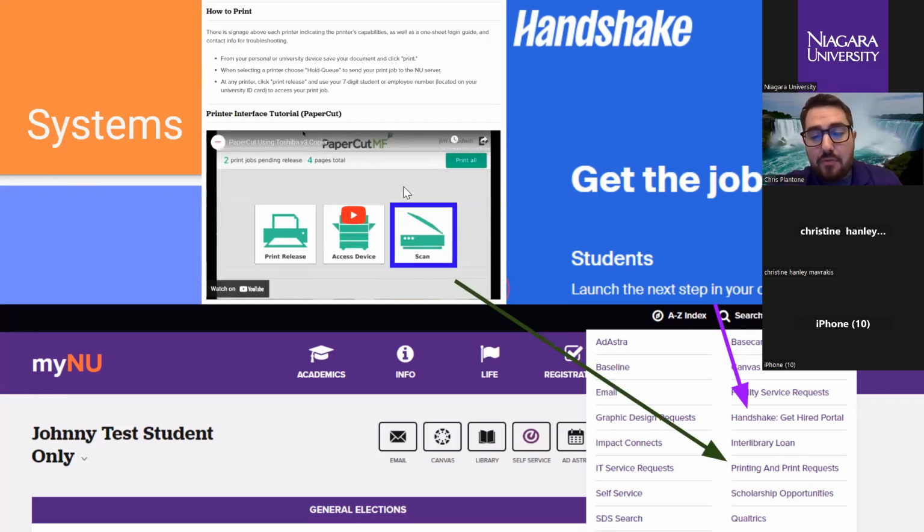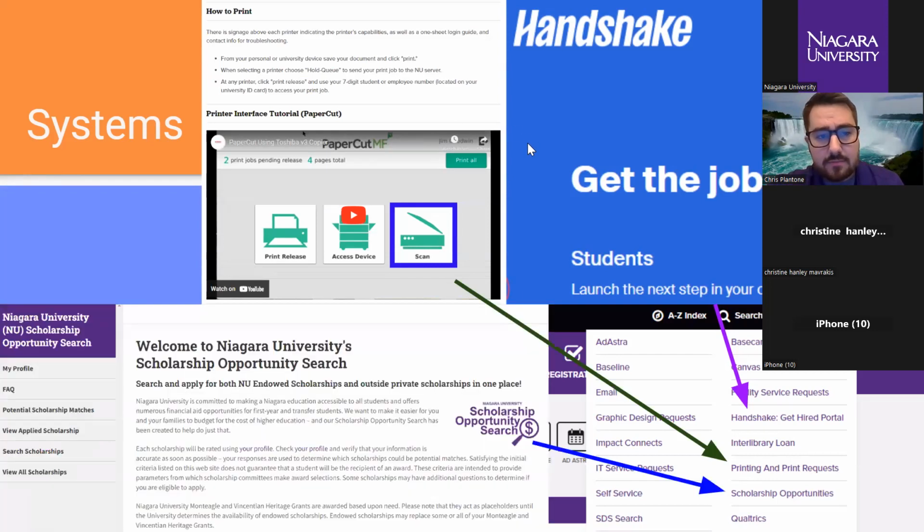And we have some printing and print requests. This will show you how to print, how to add the printer onto your laptop once you physically come here, as well as where to print on campus. And then you can also look up scholarship opportunities. We always have different ones going on throughout the year, so maybe you want to check there to see if there's some more money that you can earn through our